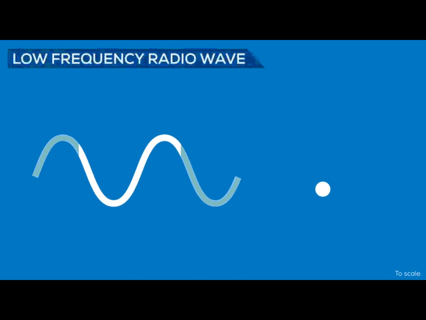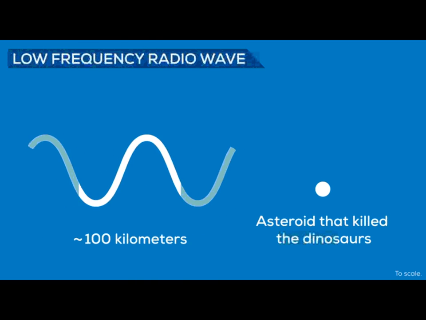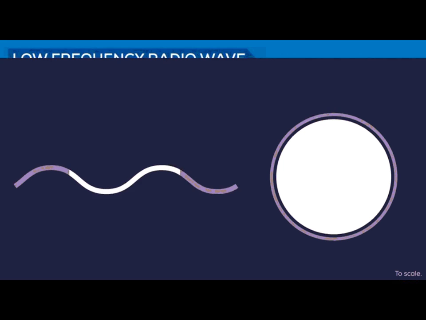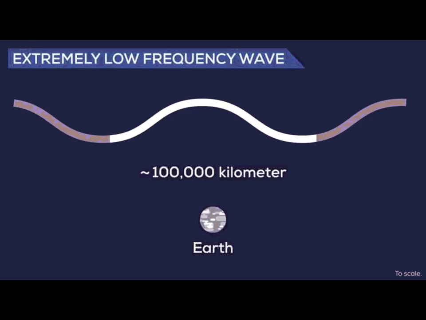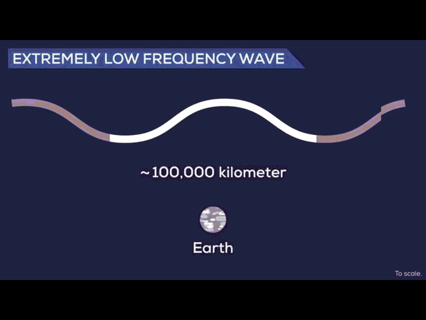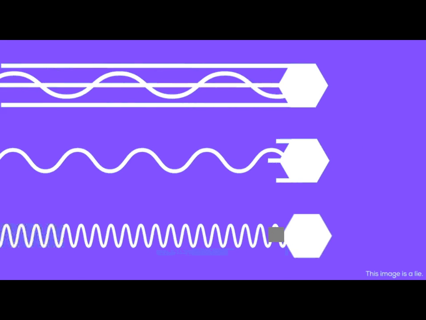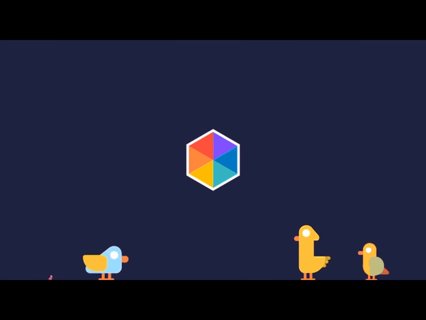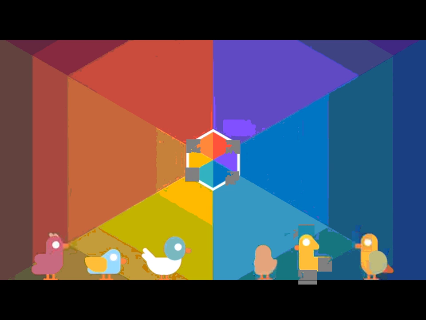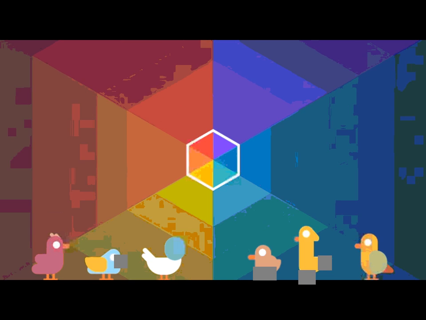On the other end of the spectrum, radio waves can be up to 100 kilometers in diameter, while the biggest wavelengths we know exist can span from 10,000 kilometers to a baffling 100,000 kilometers, way larger than Earth. From a physics standpoint, all these different waves are the same. They all have the wave-particle duality and travel at c, the speed of light, just at different frequencies. So what makes visible light special then? Well, absolutely nothing. We just happen to have evolved eyes that are good at registering exactly this part of the